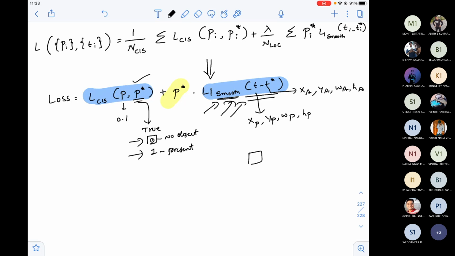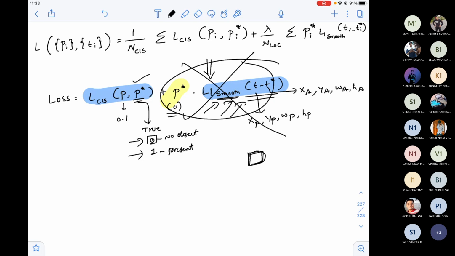Because I know that there is no object in the box that I proposed. If P star is 0, that means no object, this entire thing becomes 0. If P star is 1, that means there exists some object. Then you start finding the difference between true coordinates and predicted coordinates and try to adjust by updating the weights over a period of time. Okay, so this is a simplified equation now.